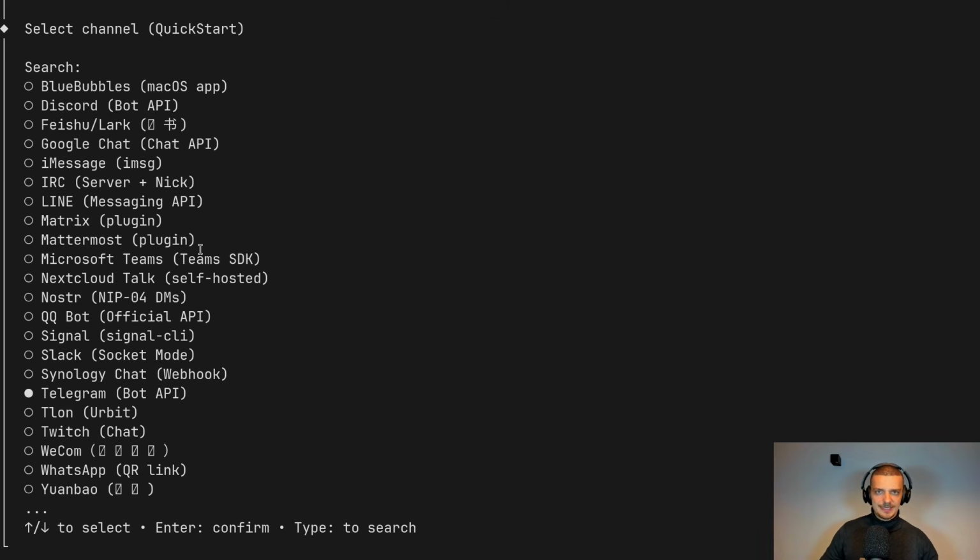You have to create a bot, and then you get a token. You paste that token into OpenClaw, and then you can communicate with it. There is also some pairing that we need to do, but that's also quite straightforward. So what we're going to do is we're going to go with Telegram, and it's going to ask us for